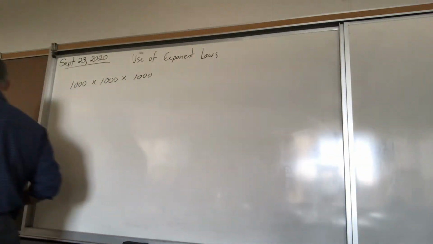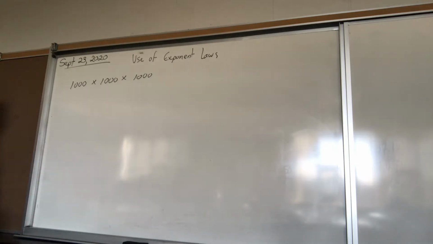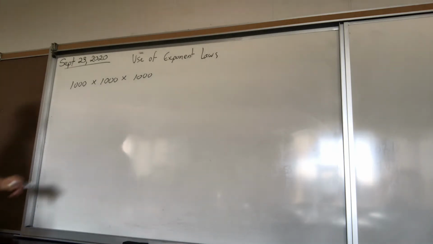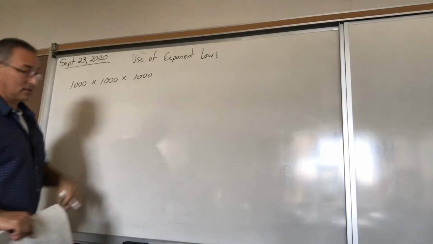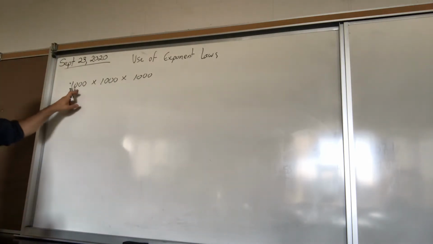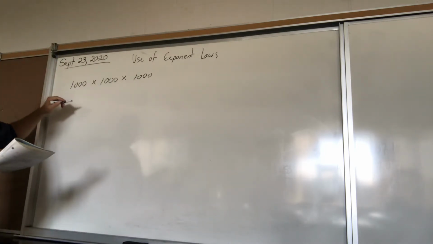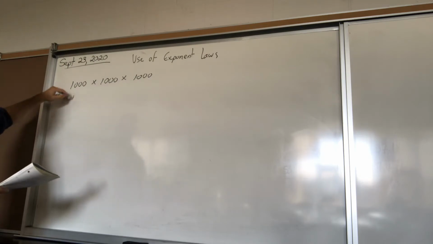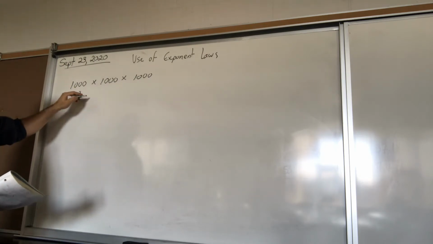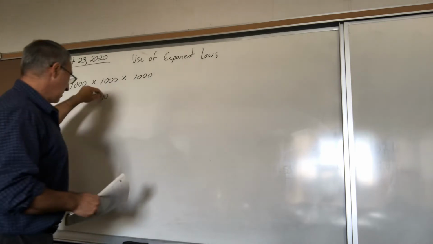So when you're trying to multiply large numbers, if you're familiar with the exponent laws, it makes the task a lot easier. 1,000 is basically 10 times 10 times 10. So you can rewrite it as 10 to the power of 3. So if you multiply 10 to the power of 3